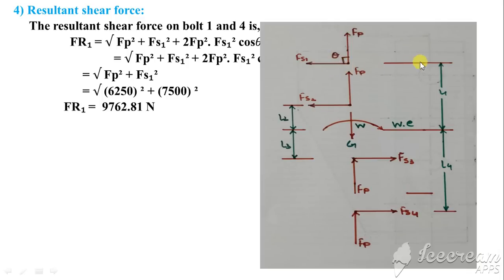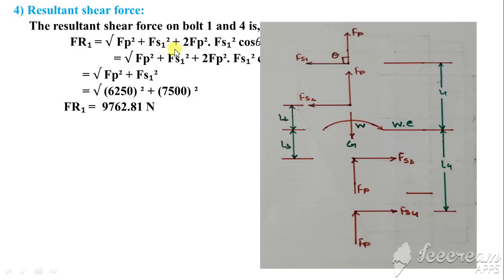For bolt 1, the distance from CG is 100 plus 50, similarly for L4 150, and L2, L3 as discussed, total 100, so 50 and 50. Now looking at the resultant shear force, as we can easily see, for bolt 1 and 4 it will be maximum. So considering only these two values,